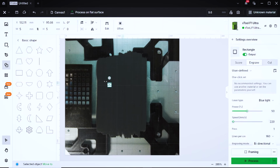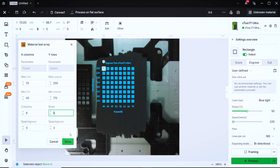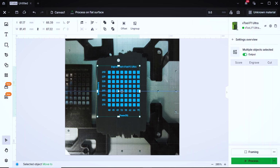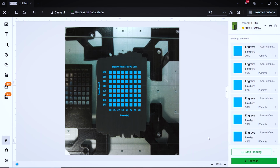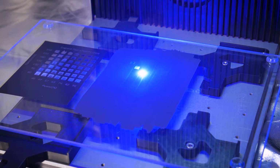new material test array. And this time we'll go with a max power setting of 70%, a minimum back down to 40%, a maximum speed of 250 millimeters per second, and a minimum speed of 170 millimeters per second. And remember that this is with a base setting of the lines per centimeter at 160. So that will get applied to all of those squares when we make this material test array within xTool Creative